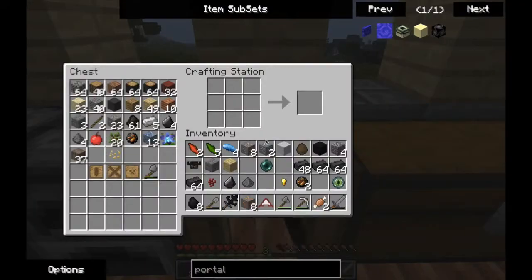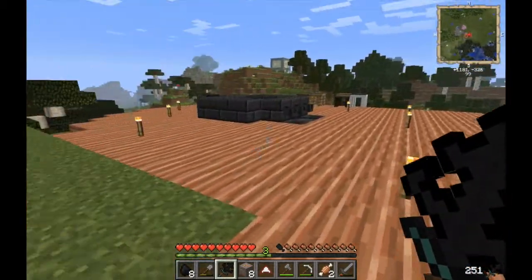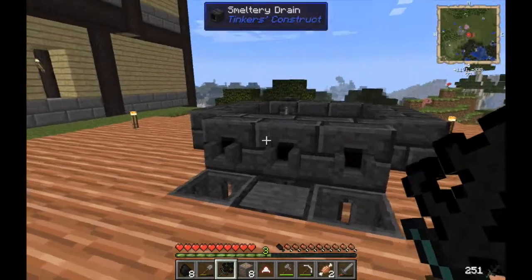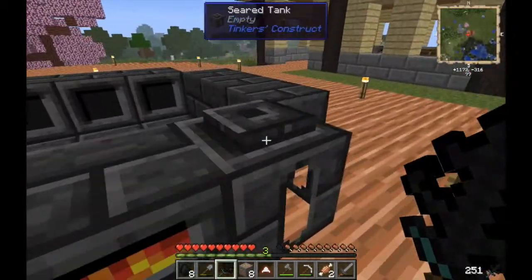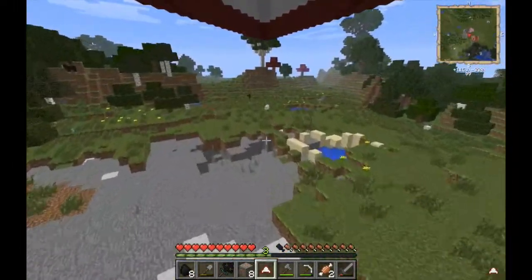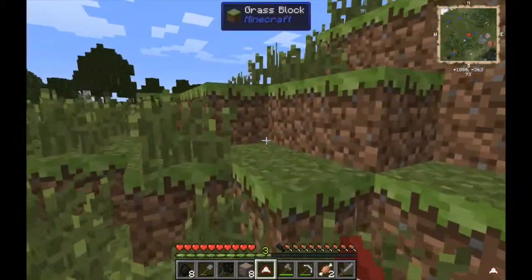Holy smokes, this is just a sword and a half. But I do have a lot of these seared bricks here. Now, I wanted to hold off on building up the smeltery, A, because I don't have anything to make the smeltery run, and B, because I want to have a ring all around it, which means I need it to be 3 tall, which means I'm going to need quite a lot more seared stuff. So, without further ado, I'm just going to be searching...